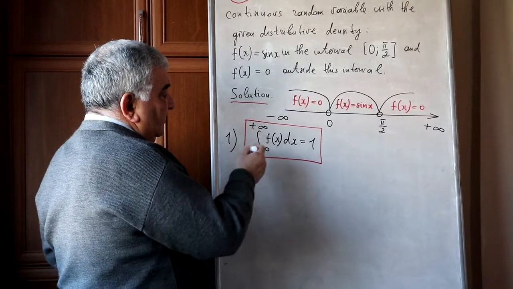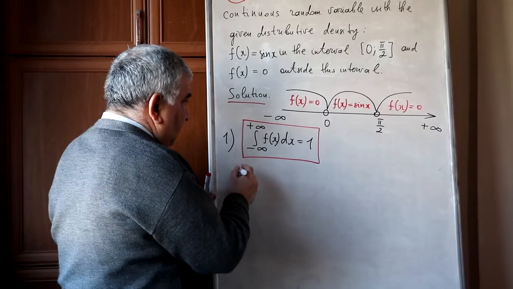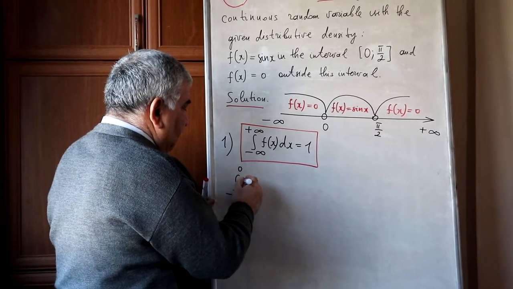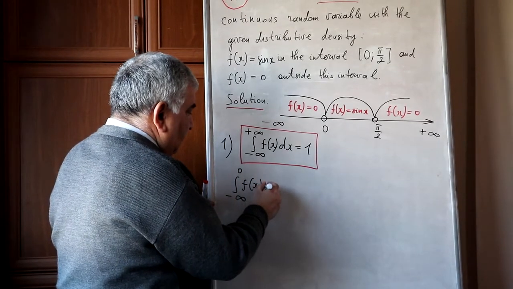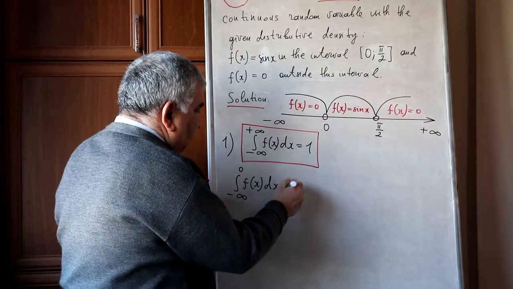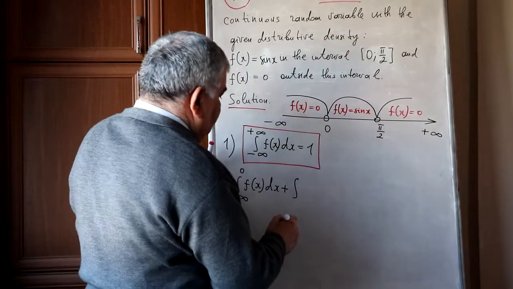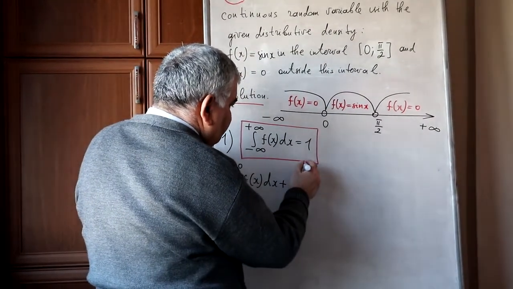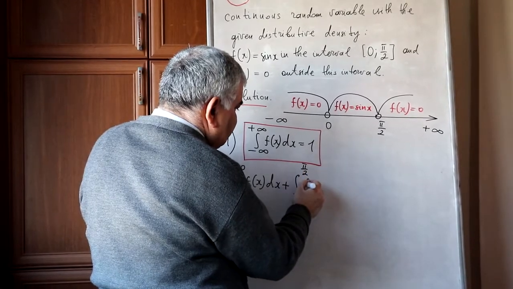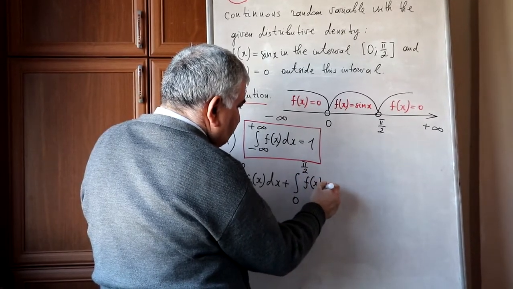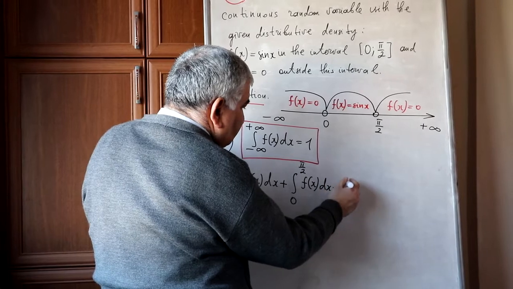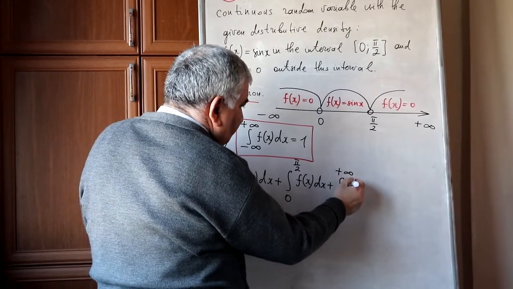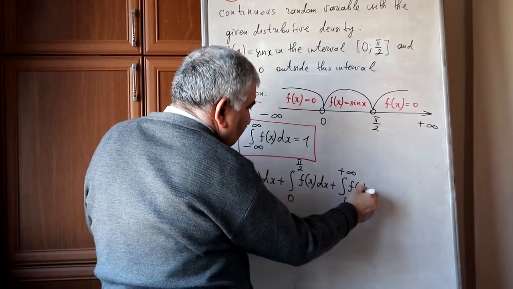Separate this integral into 3 integrals. Integral from minus infinity to 0, f of x dx, plus integral from 0 to pi in half, f of x dx, plus integral from pi in half to plus infinity, f of x dx